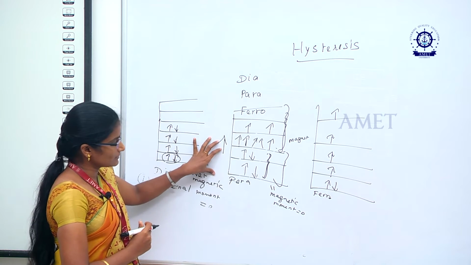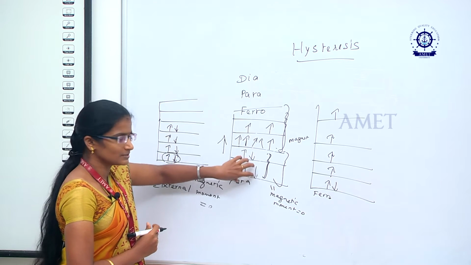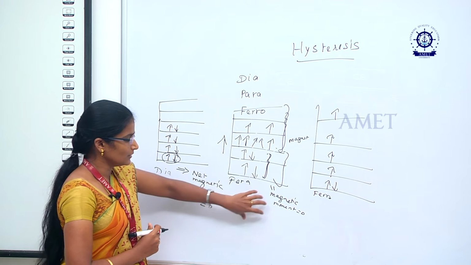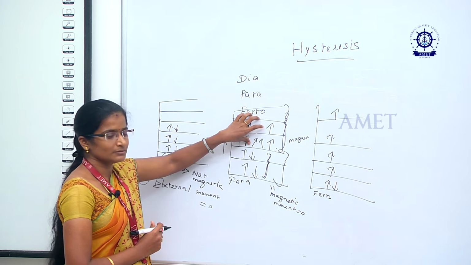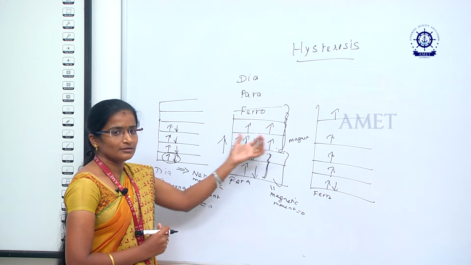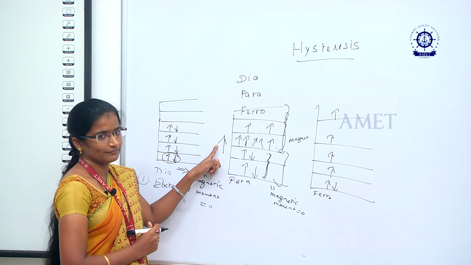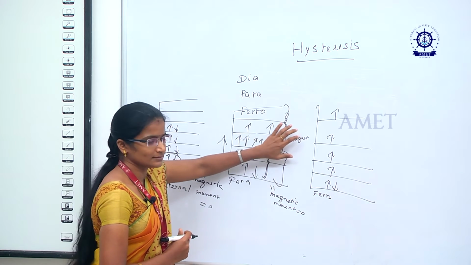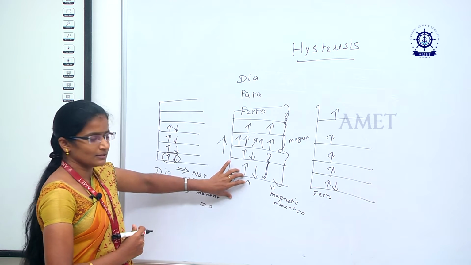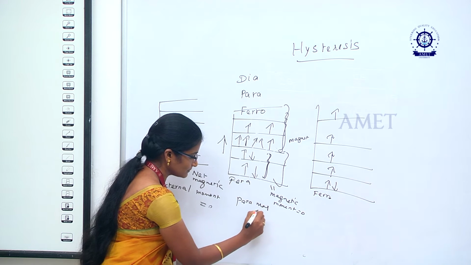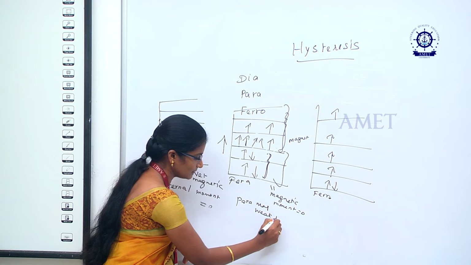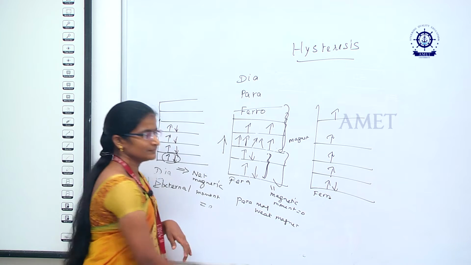Okay, so in this case the sum of the orbital spins gets paired, the electrons get paired, so the net magnetic moment is 0. Some of the orbital spins change their direction according to your external field. Okay, that time it acts as a magnet. So in this case paramagnetic materials are weak magnets, they act as weak magnetic materials.